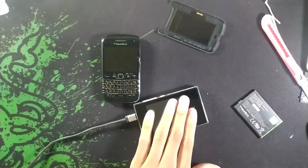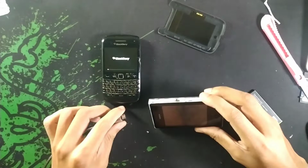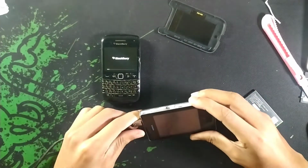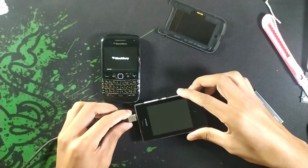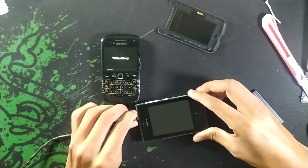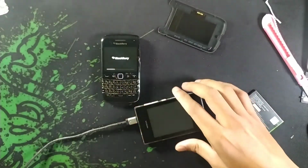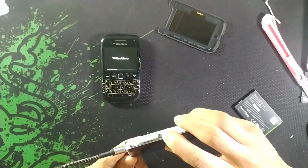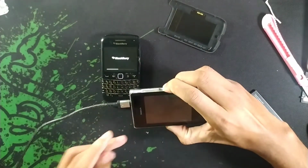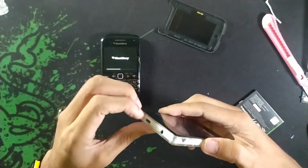So it's still not booting up. I think maybe the battery has some problem. Oh, it's now vibrated but didn't turn on. I think this phone vibrated, not this one. So let's try to turn on this phone. I don't have any spare battery for this phone actually,